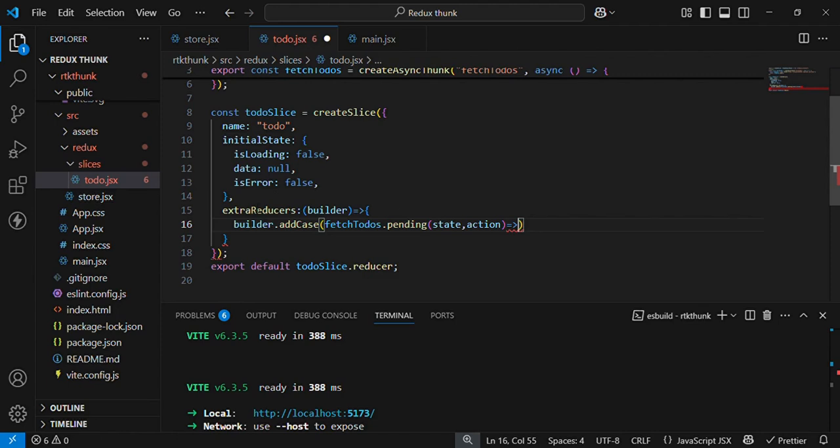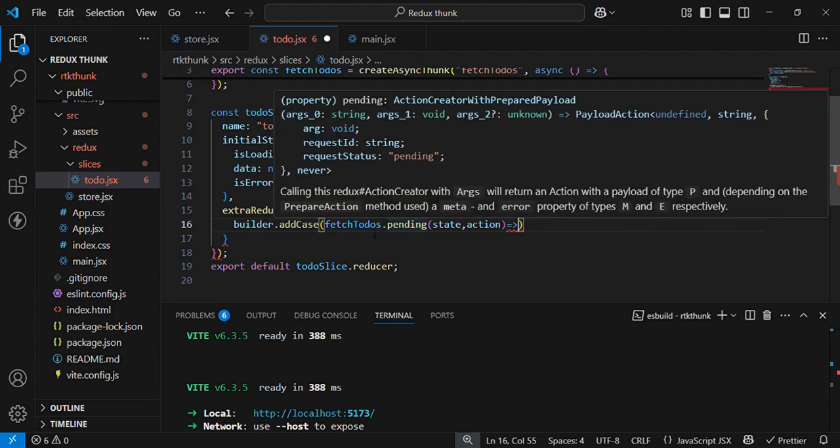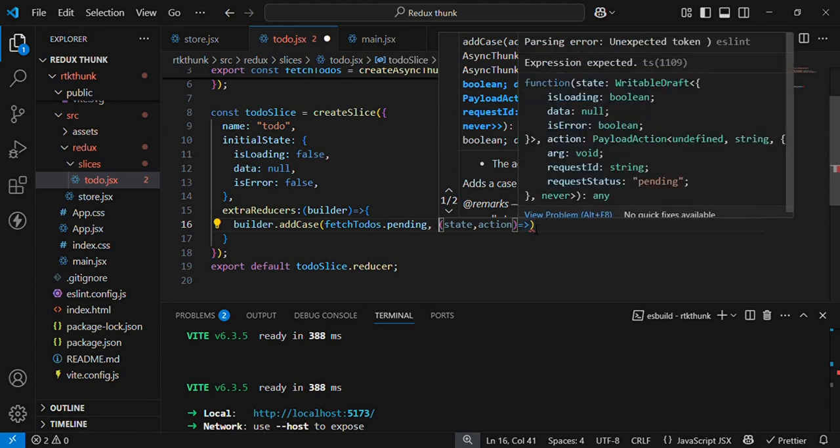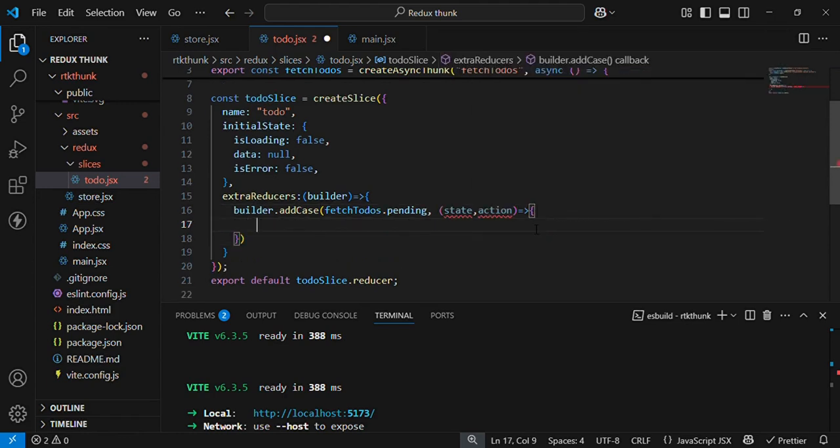So we have extraReducers, then builder, then writer function, then builder.addCase, then fetchTodos.pending, then comma. Okay, and after that we have state, action, then in brackets I need to take a writer function, and here I need to take brackets, correct? And here will be state.isLoaded. Okay, fine. Now